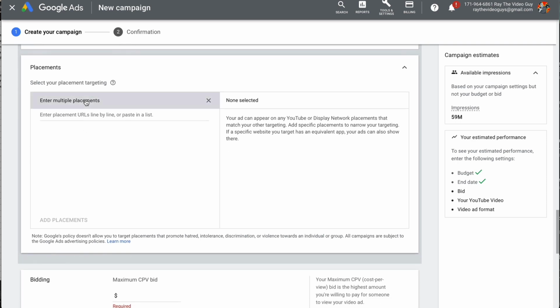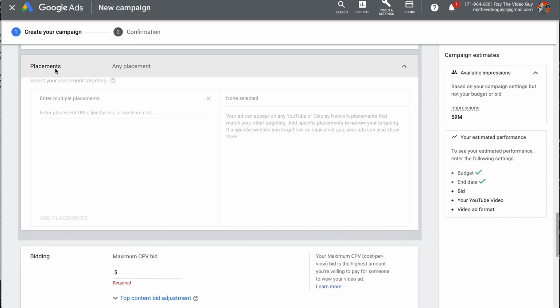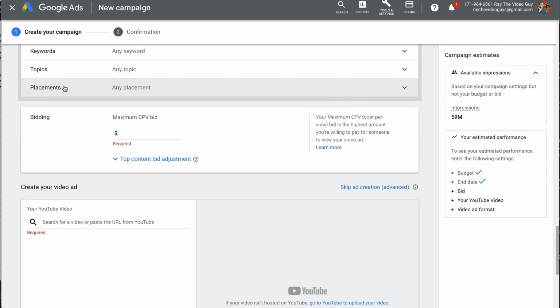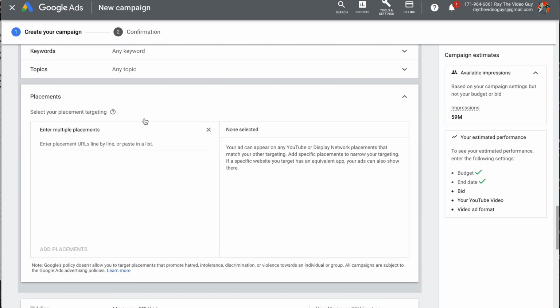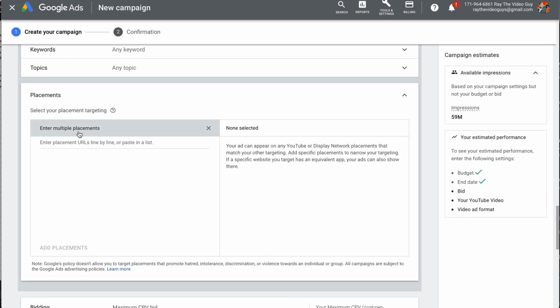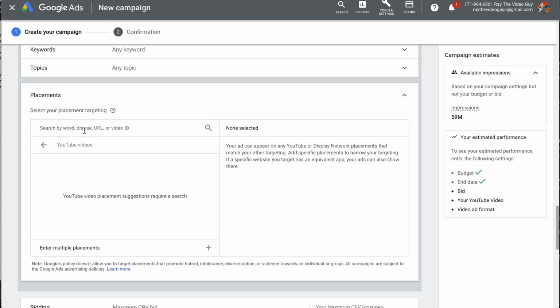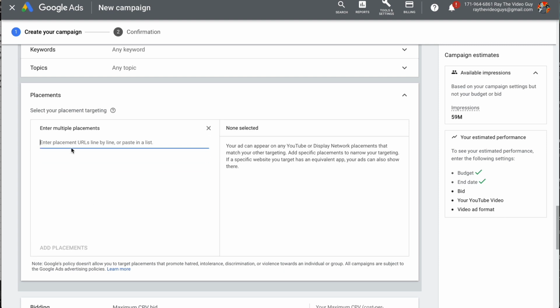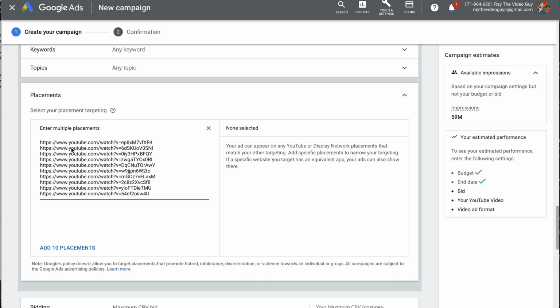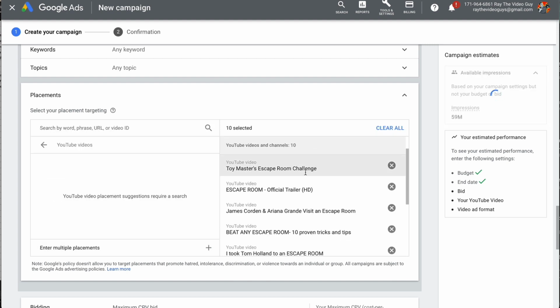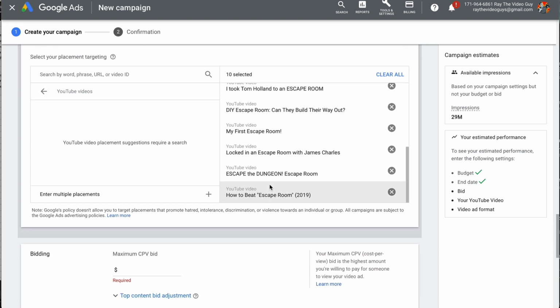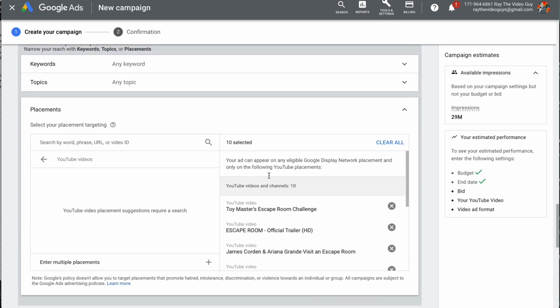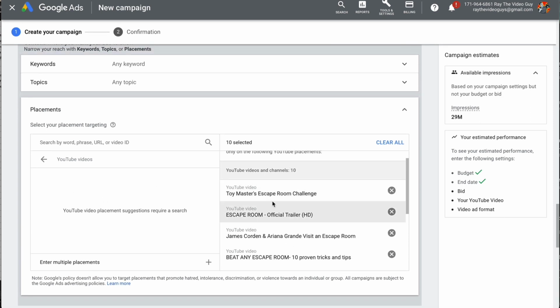This is the part that we want to get into here, and this is the placements area, okay? So inside of placements, you're going to click this, and you'll see that you've got a few different options. We're going to hit enter multiple placements, okay? And then we're going to paste these in, just like so. You can see it says add 10 placements, and it's going to add those in here. So here are the 10 videos that we brought in,